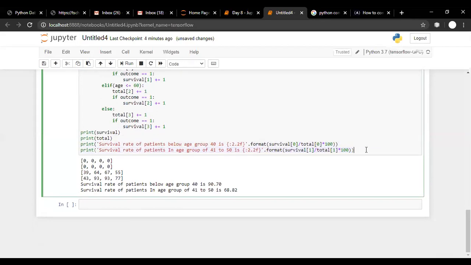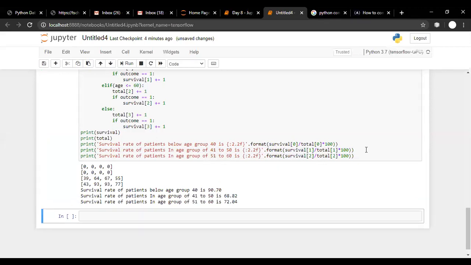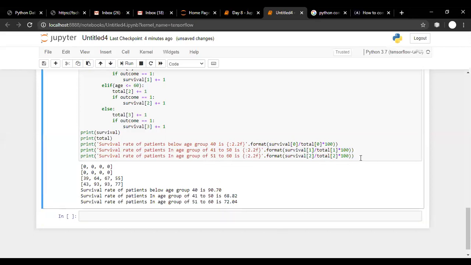Then again copy paste it for 51 to 60. So it is 51 to 60, and that is 72. And then we can go for above 60. For that I'm copying the first line.